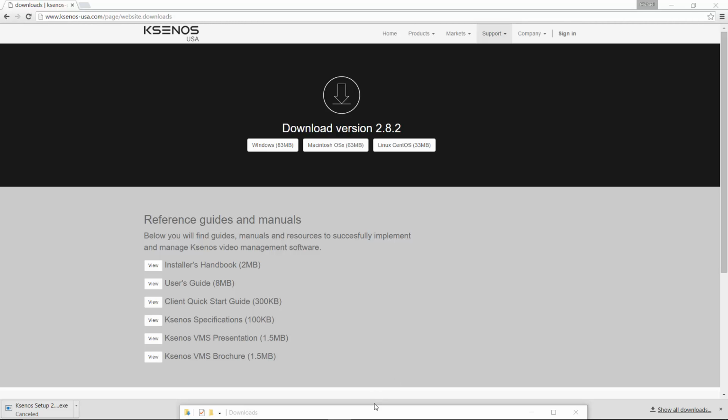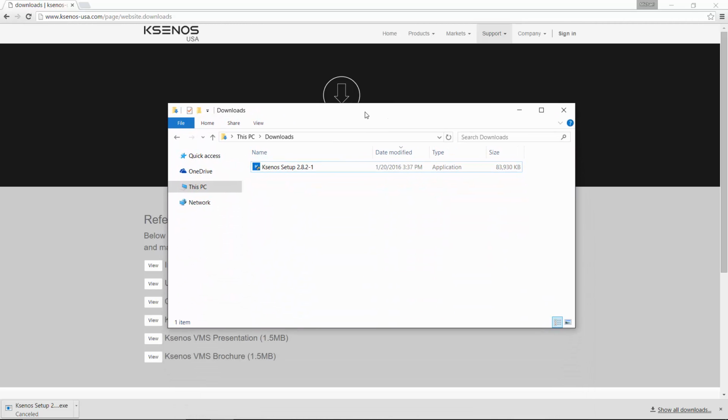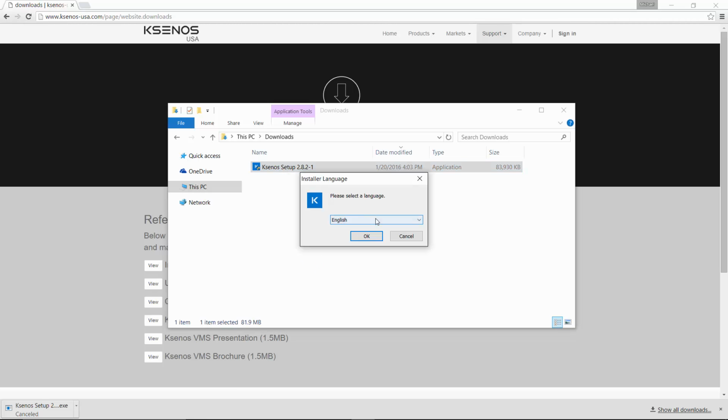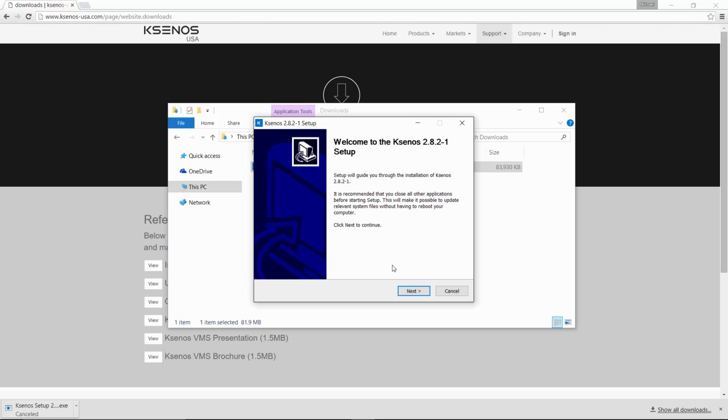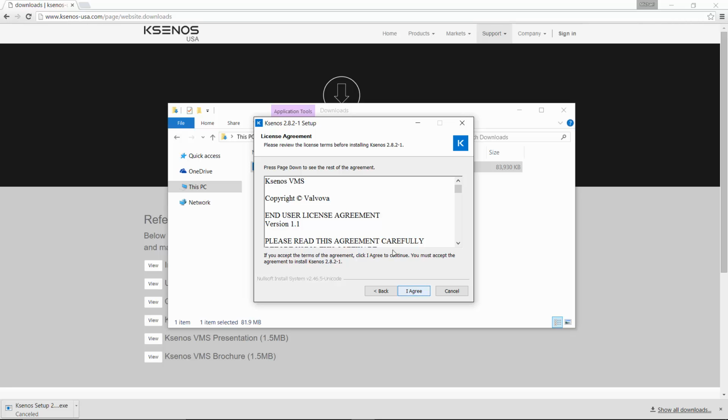Once that is finished downloading, you can navigate out to your download location and double click the file that it created. It's the executable in Windows' case. And then select the appropriate language. Each one of these prompts is pretty straightforward, so we'll just hit next through it. Agree to the license agreement,